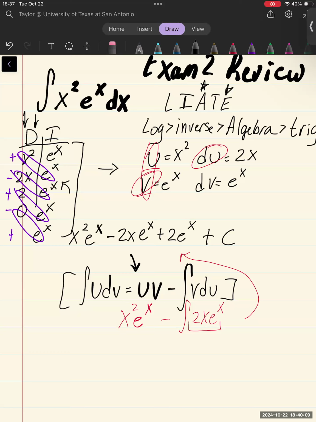Can we do traditional? Yeah, of course. All right. So we're going to do u, du, v, dv. And if we use LIATE,